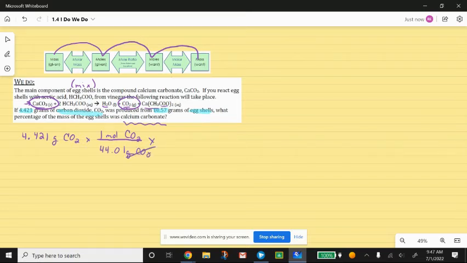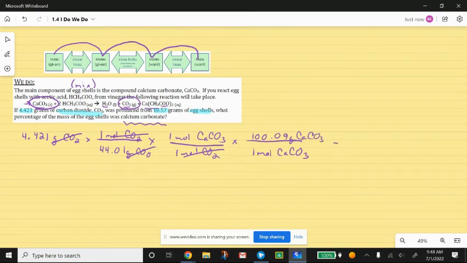That allows us to cancel out grams of CO2. Now our mole ratio is 1 to 1. So we have 1 mole of calcium carbonate being used up for every 1 mole of CO2 that is produced, and moles of CO2 cancels. Then to get mass of calcium carbonate, we know from our periodic table that 1 mole of calcium carbonate has a mass of about 100.09 grams,